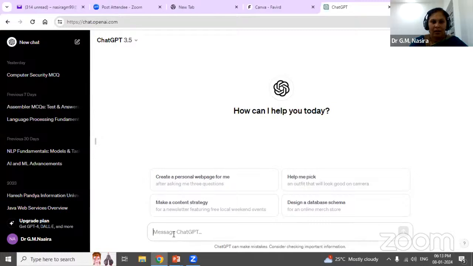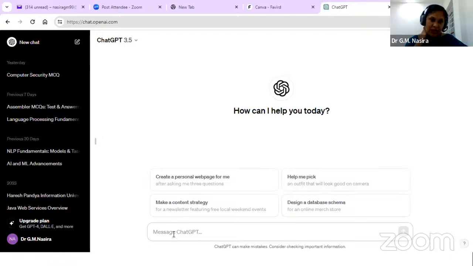Okay. I want to take some content. See, the difference between Google and ChatGPT is, suppose I search for Shakespeare. Google gives me a lot of different links where I have to go to a particular link and get the content for what I'm searching for. But Google has also now launched something equal to ChatGPT. We'll see that also.